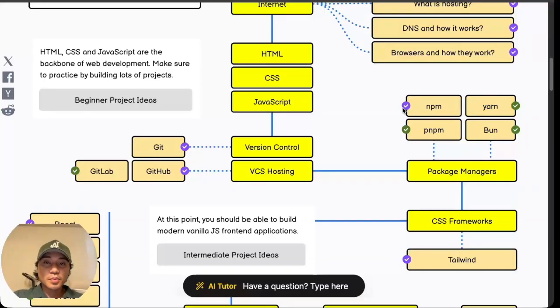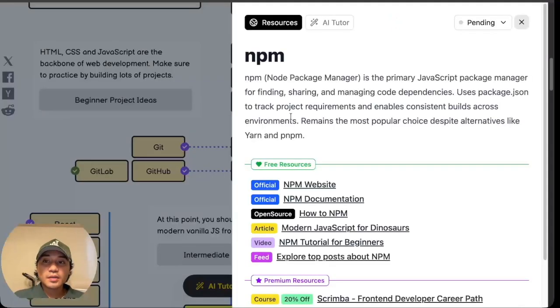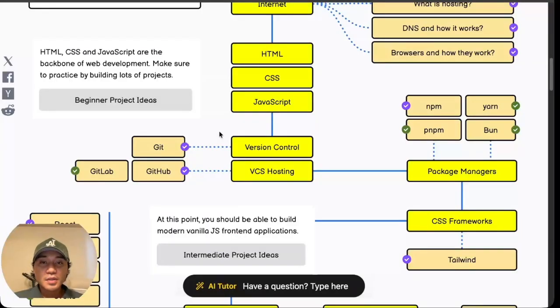I think these purple check marks show you what is recommended from the person who made this website. For some time, I think NPM was very popular, then people switched over to Yarn, and I think NPM is starting to get popular again. You can pick and choose which one you want to use. I think each one of them are used to track your dependencies. One of them might be better than the other with being able to resolve how dependencies depend on other